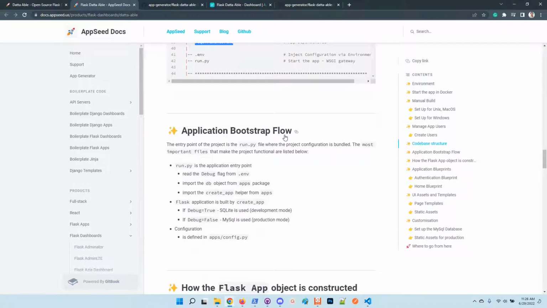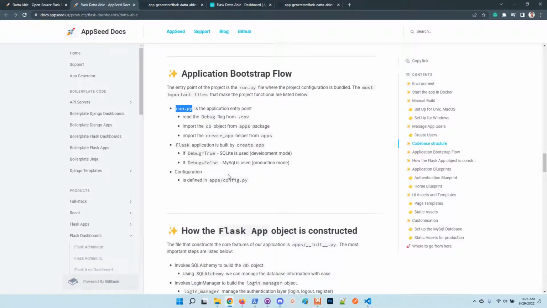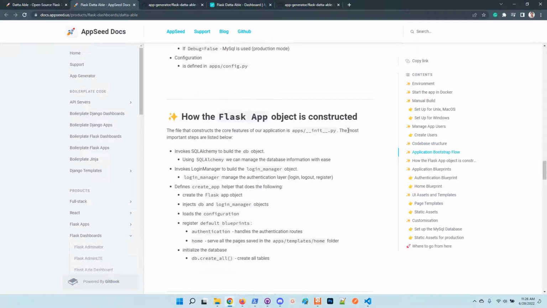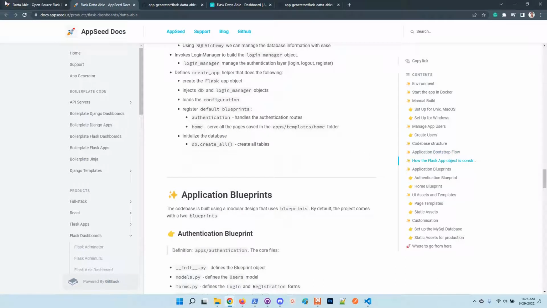There is another section here that explains how the application starts. So the entry point, how the environment is loaded, and injected into the code base. You have here all the information. In case something is missing